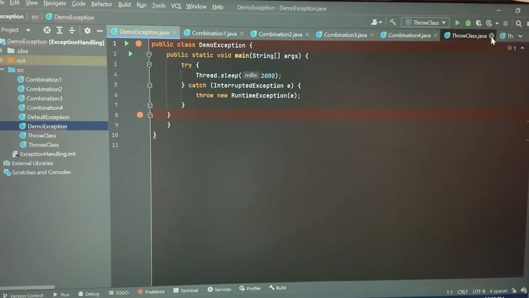Hi all, so in this lecture we are focusing on the throws keyword. In the last lecture we discussed all about the throw keyword. Exception handling comes into the picture mainly for checked exceptions, because for